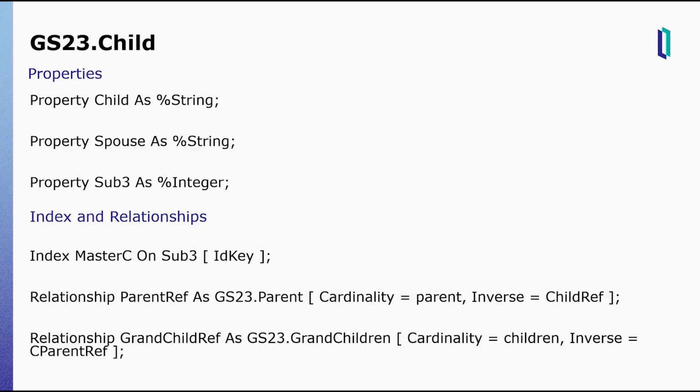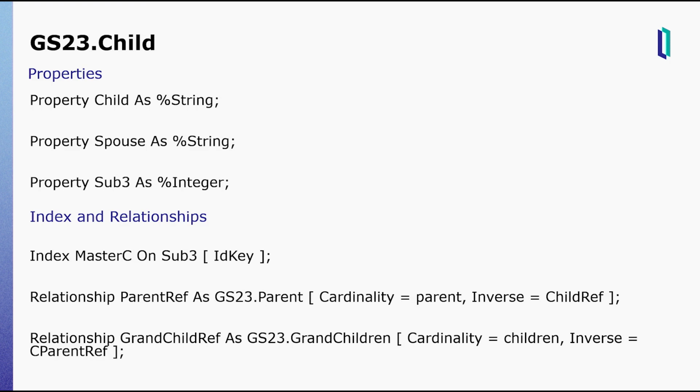So this is where it gets confusing, and this is why we're doing a parent-child relationship example in the class, because this is a little weird. I need to define the properties that are in this class. And the properties that are in this class are not the properties that are in the parent. Subscript 1 is the ID of the parent. It's not in this one, okay? It's part of the ID of this one, but it's not a property in this one. So it's a little weird. So I only just define subscript 3. Okay? You need to remember about subscript 1, and we're going to come back to that in the mapping section,